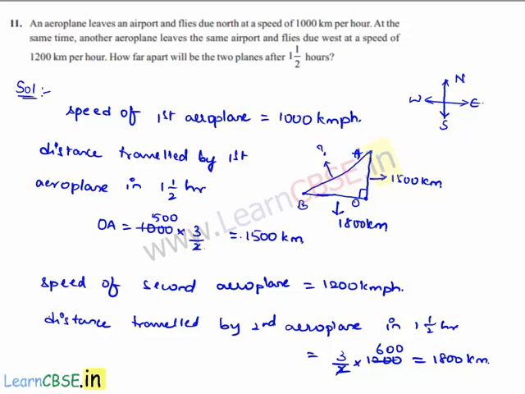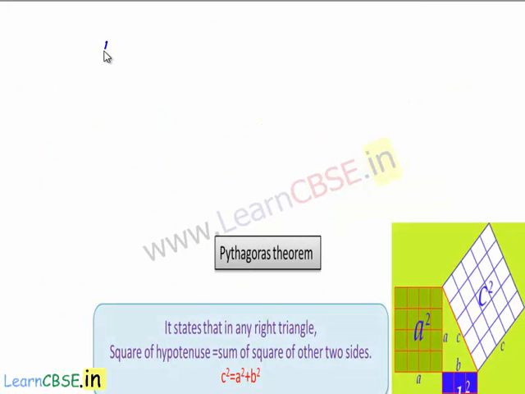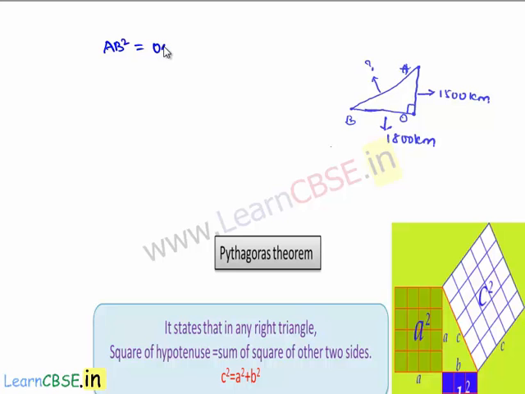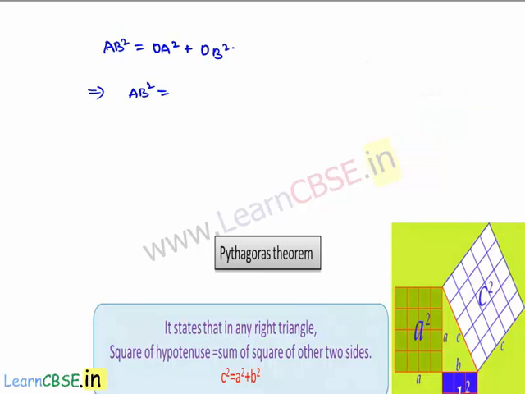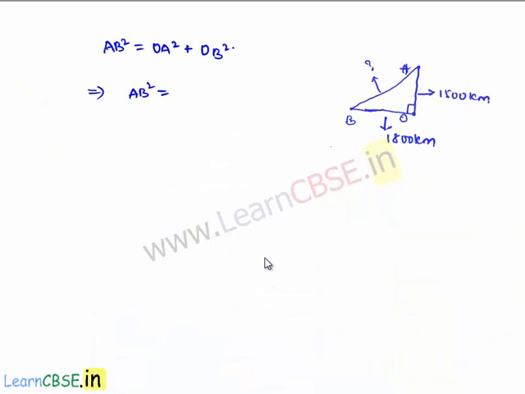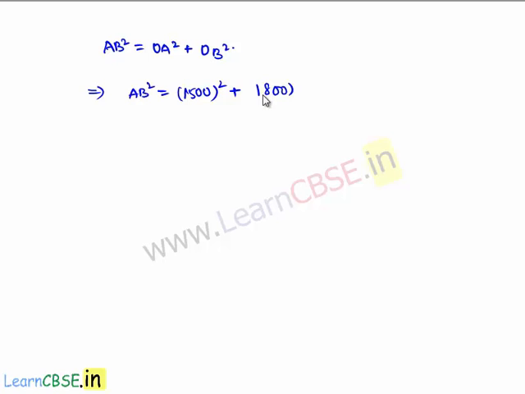From Pythagoras theorem, we can say that in right angle triangle, hypotenuse square is equal to sum of squares of other two sides. Here AB square will be equal to OA square plus OB square, which implies AB square is equal to OA, which is nothing but 1500 square plus OB, nothing but 1800 square, that is equal to 1500 square is nothing but